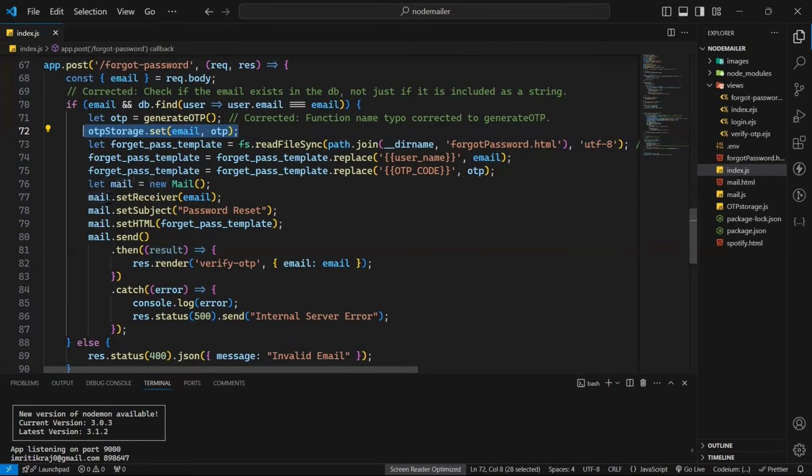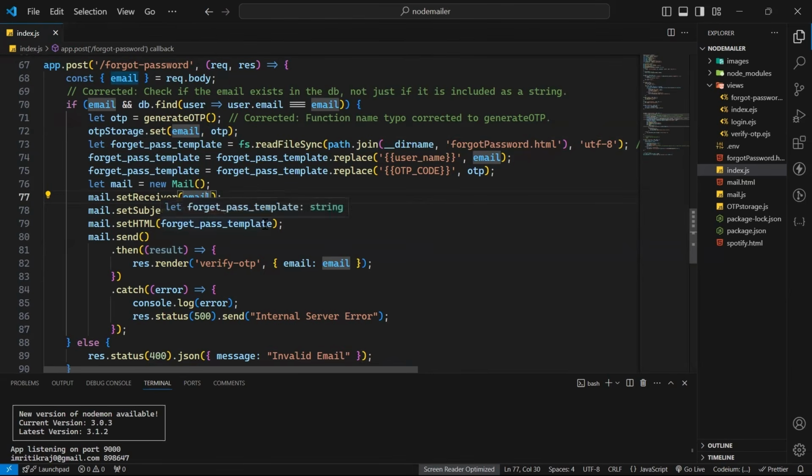ठीक है। देन उसके बाद आपको क्या करना है, अपना यूजर नेम रिप्लेस कर दो। मैंने यहाँ पे ईमेल कर दिया, आप नेम की जगह नेम डाल दो, आपको डाटाबेस में मिल जाएगा। ओटीपी डाल दो, ठीक है। तो मैंने फिर यहाँ पे क्या किया है, न्यू मेल क्लास से एक इंस्टेंस क्रिएट कर रहा हूँ मेल का। उस पर मेल सेट कर रहा हूँ, किसे भेजना है ईमेल। सब्जेक्ट क्या डाला हुआ है मैंने, पासवर्ड रीसेट, ओके।